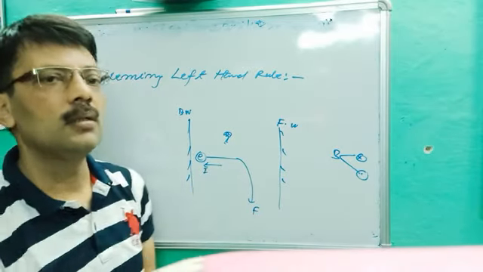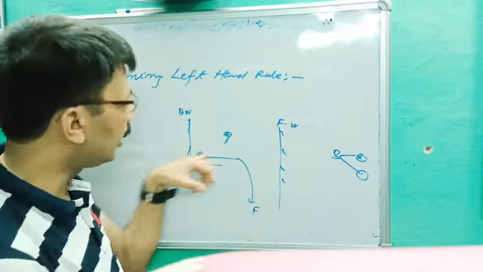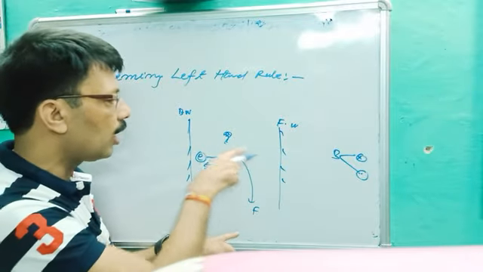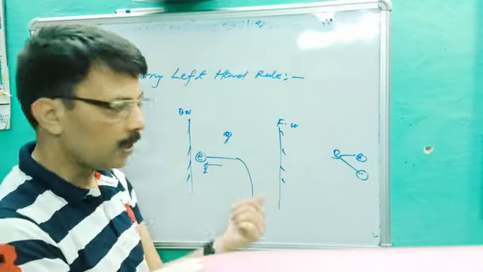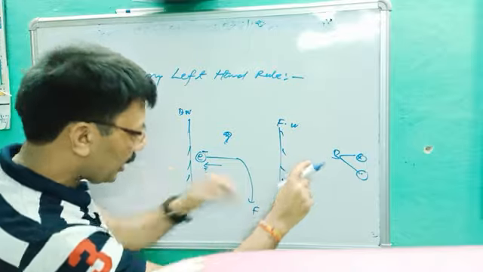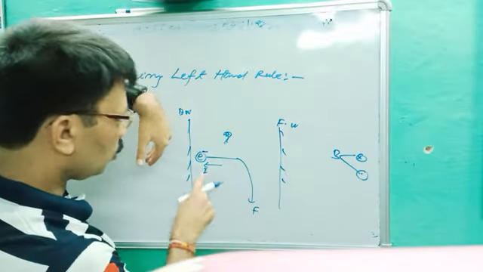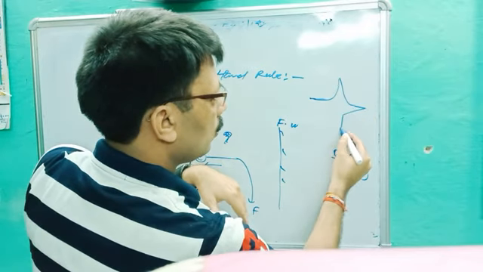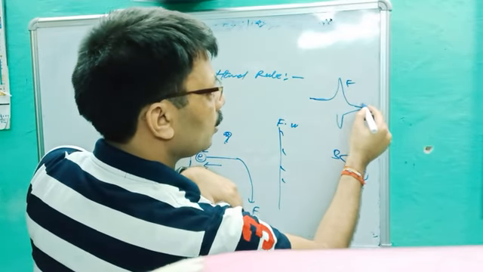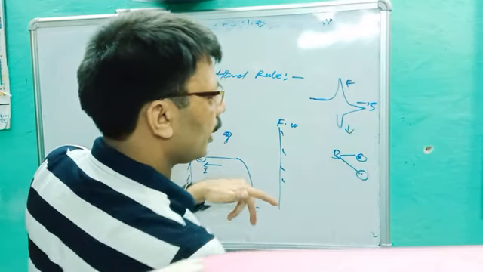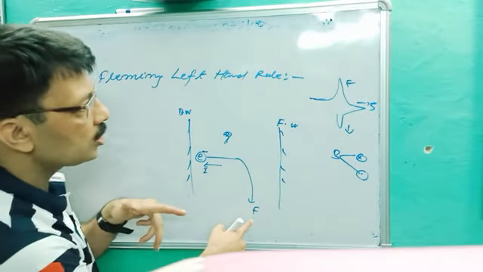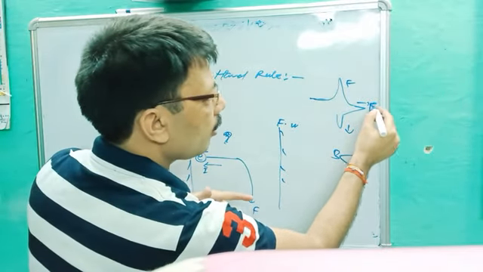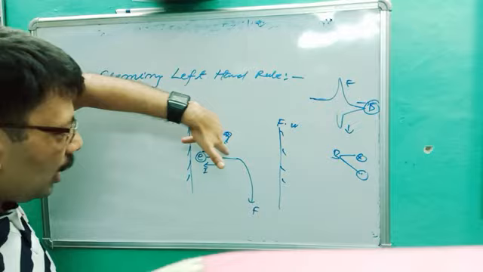Very easy point. This is the direction of current. If a proton is moving that side, then the direction of the proton will be the direction of current, no doubt. But here the electron is moving in that direction, so current will move in the opposite direction. So this is the direction of current. Our aim is like this. This is F, this is B, and this is I. Okay, so I is clear, F is clear. We have to find the direction of the magnetic field. So we apply it like this.